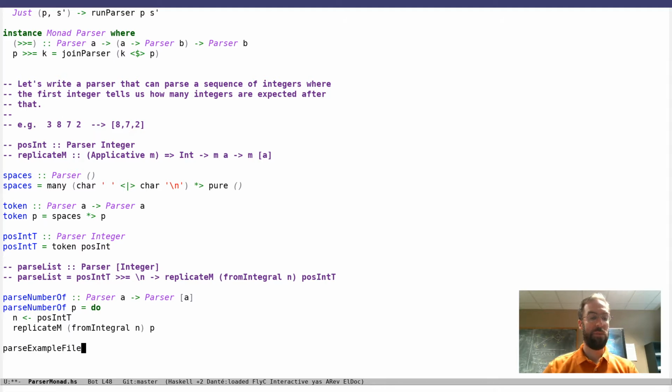So, parse example file. Before, we were talking about this format where we have a number and then we read that many numbers. What if we have one of those on each line? We have a bunch of lines. First, there's a number telling us how many lines there are going to be, and there's a number on each line telling us how many numbers are on that line. So we could say